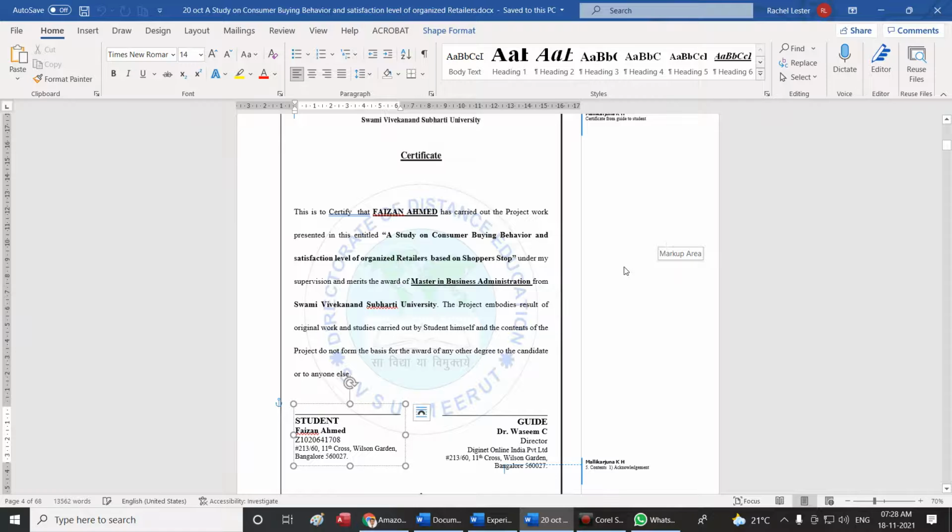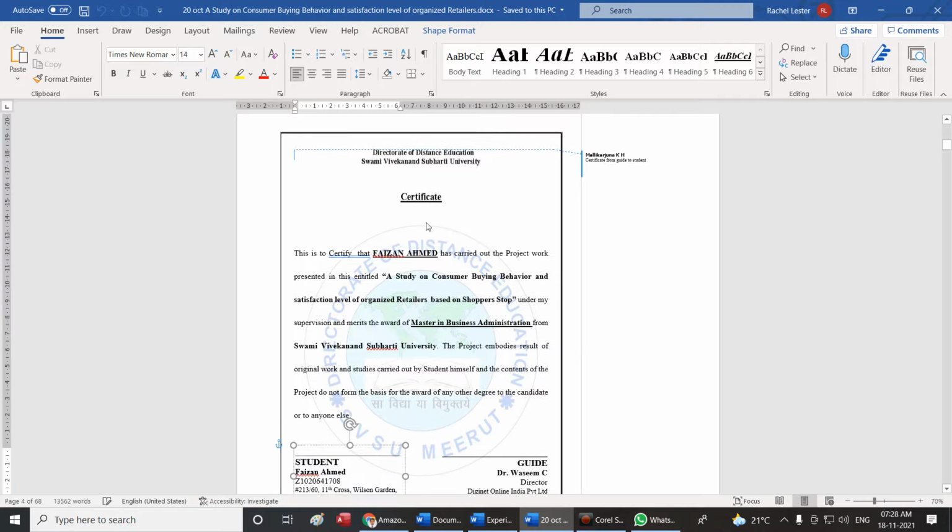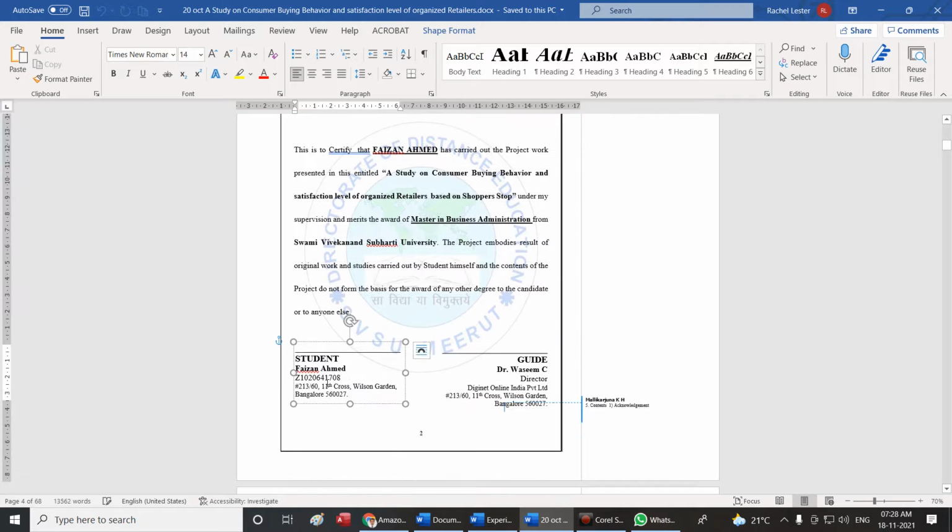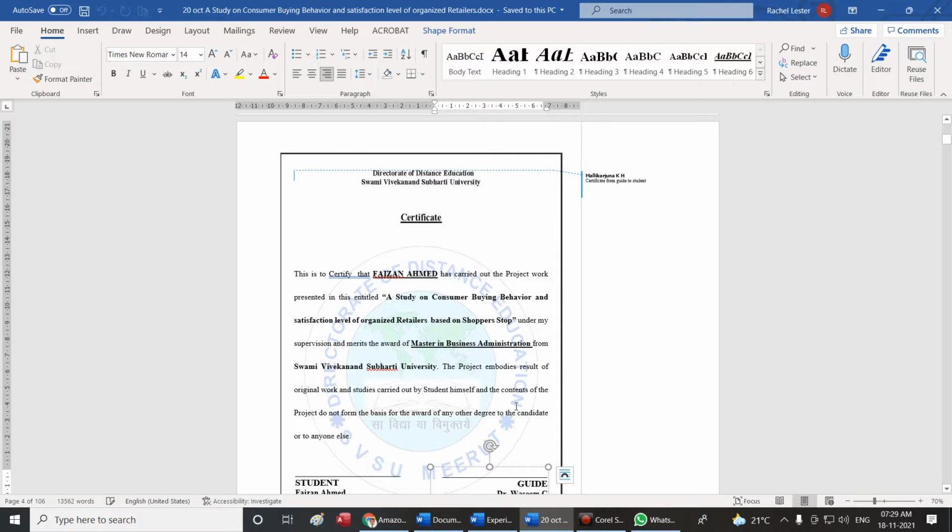I also want you to create one more certificate, something similar to this. On the left hand side, I have created a text box and I have inserted the student so that they can put a signature here neatly. On the right hand side, there is again one more text box where I have added these details. I want you to create the same kind of letter.